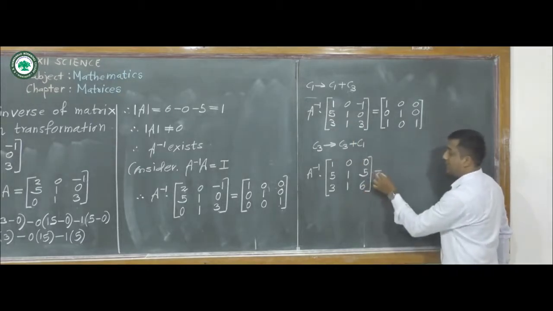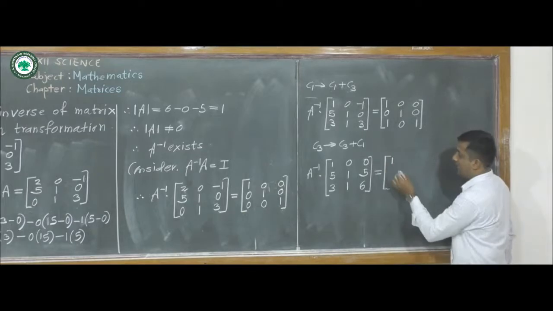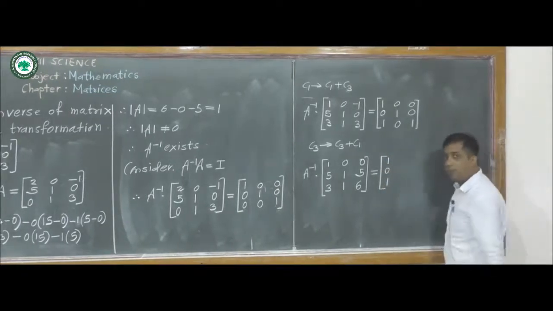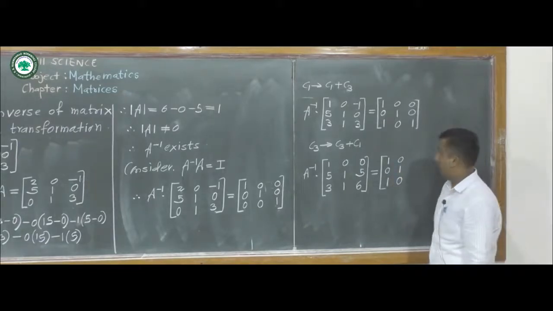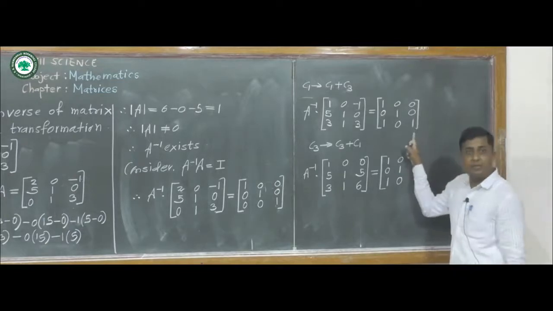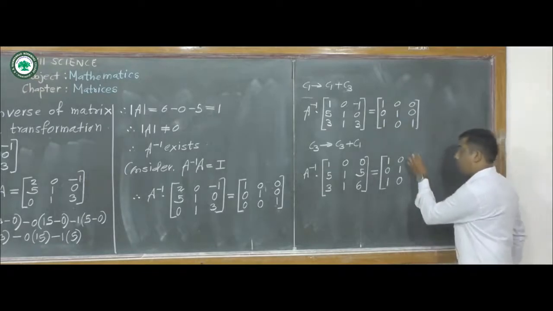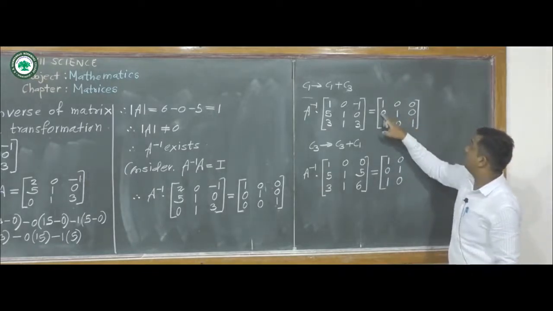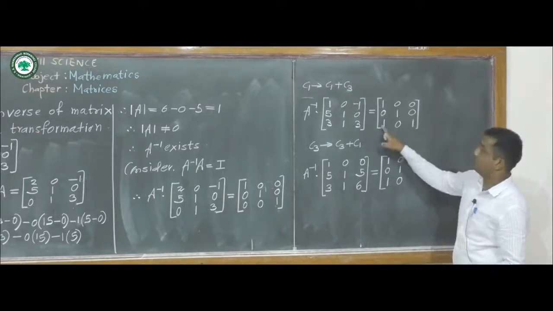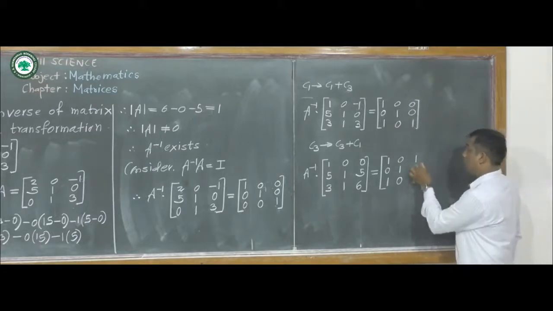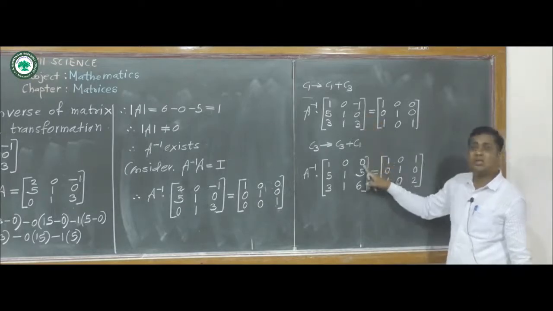Okay, then we perform the same transformation in RHS. Here the first and second columns stay as they are, that is 1, 0, 1 for the first, then 0, 1, 0 for the second. Next, the change is in column 3, and the change is C3 plus C1. That is 0 plus 1 is 1. Next, 0 plus 0, again we get 0. Next, 1 plus 1 is 2. Okay, so we reduce this minus 1 to 0.